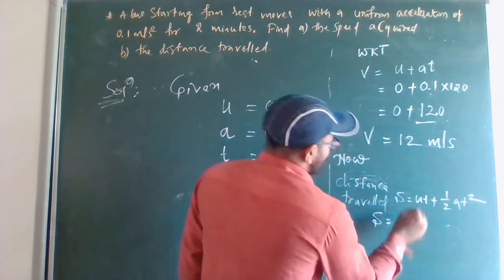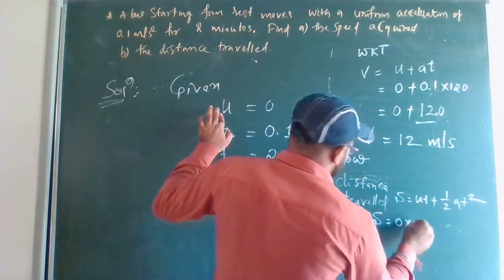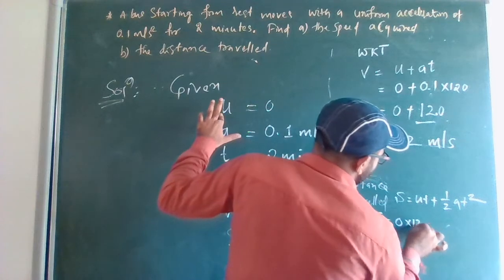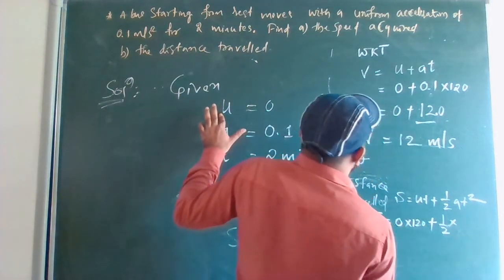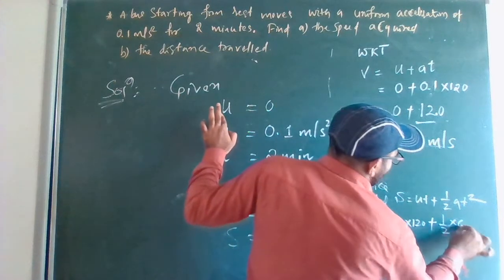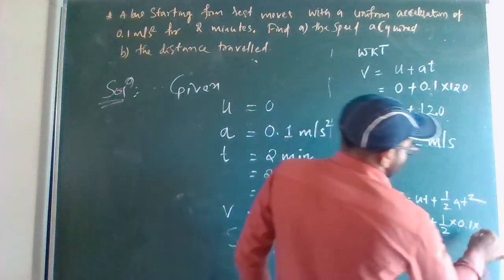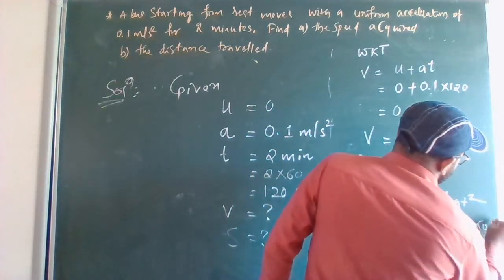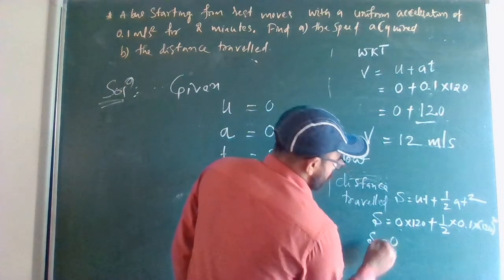So S is equal to what is u? 0 into t, t is 120, plus half, a is 0.1, t square, t is 120 square. So 0 into 120 is 0 plus